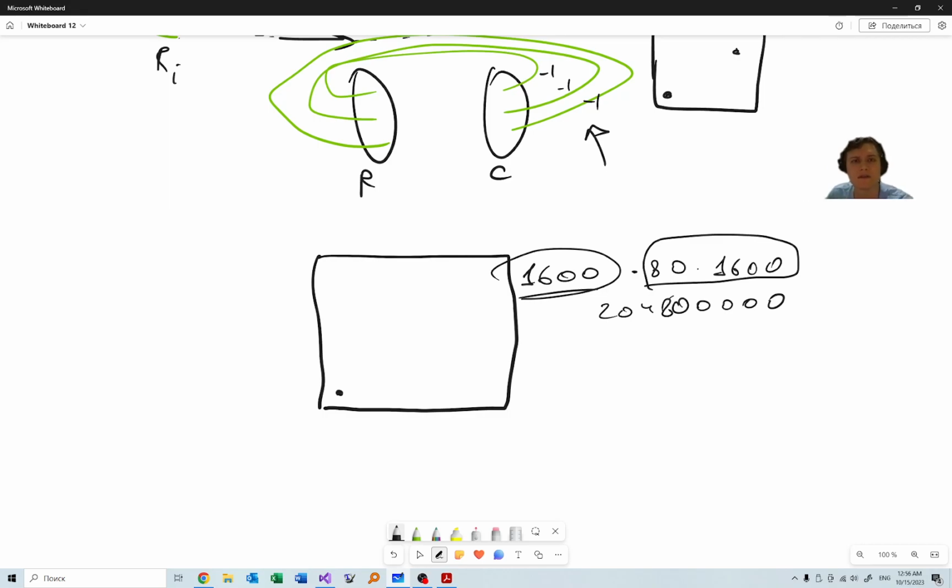Actually I just need to find a path from a vertex to this vertex, just some path from here to here or from here to here. Any path, not just minimal. And it can be done